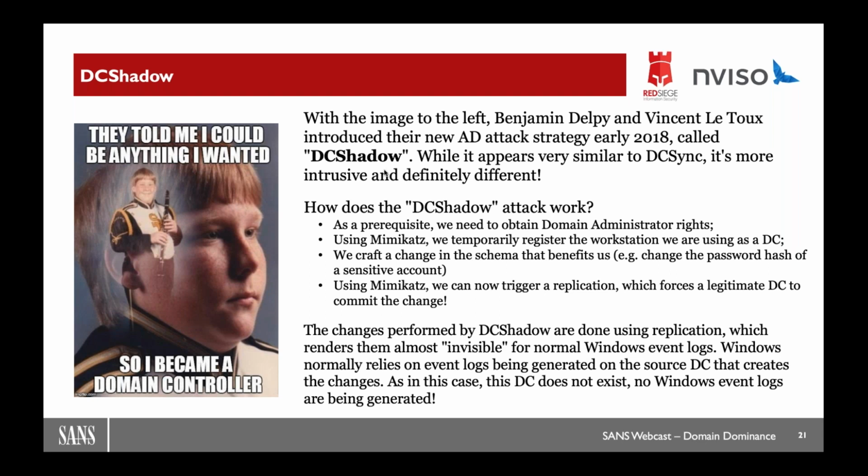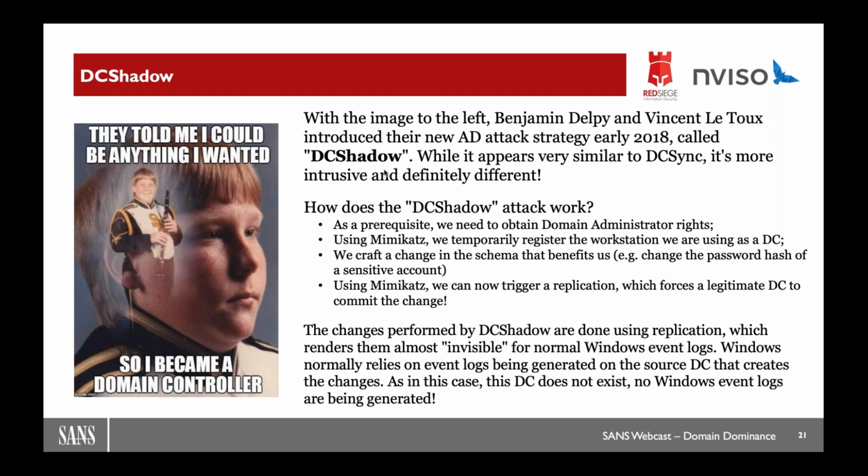Then on that machine that we've compromised, using our domain admin account, we craft a change in the schema. We make it look like, for example, a sensitive account has its password changed. We then trigger replication.